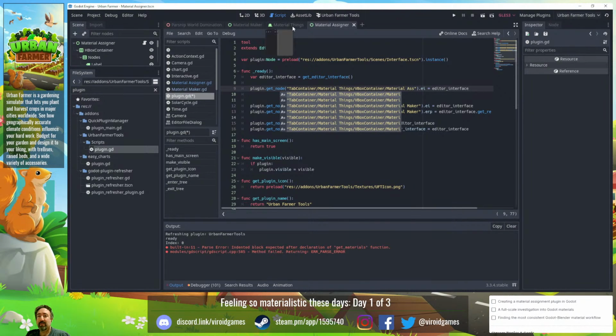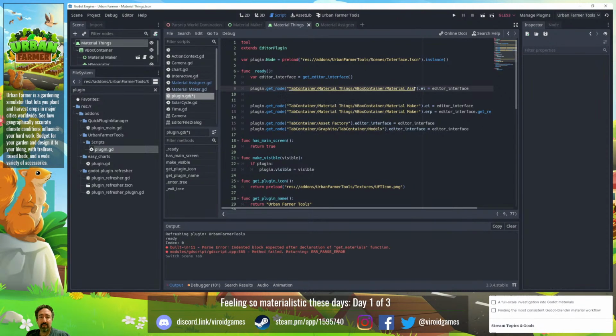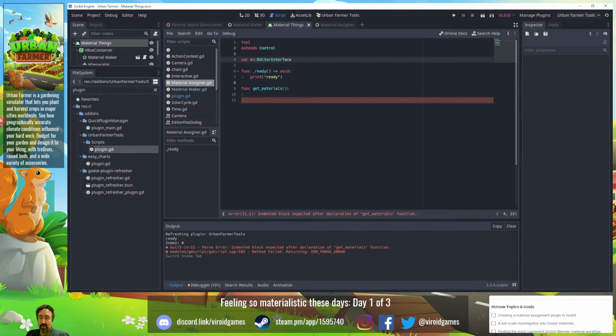Come on, you have it. If I turn this on, you'll find it. There you go. Same editor interface instanced there. Where is it? Here. Do dependency injection right here. Done. So now that we have access to the editor interface,